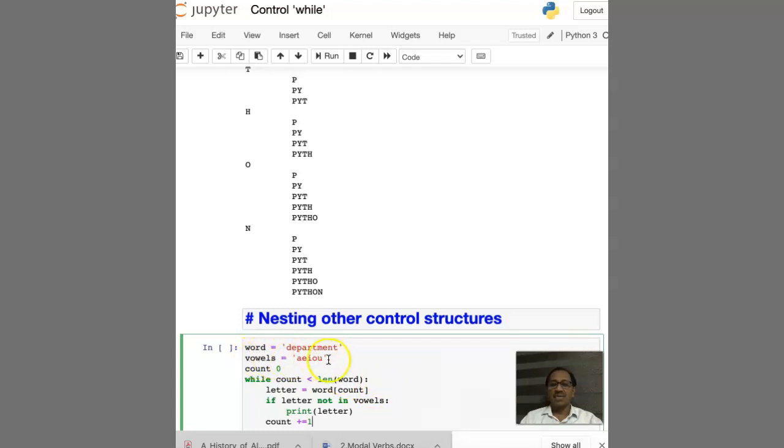Okay, now word is department. Department is assigned to the word. A, I, O, U are the vowels. This is also a string. Then count is 0. Then what we have is a loop here for iteration,